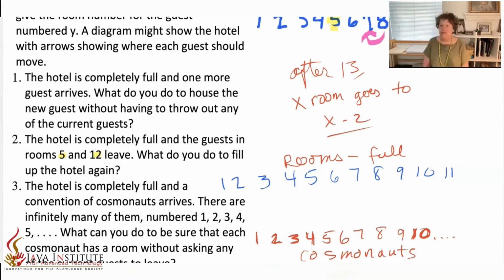Okay, somebody says just put them in there. There's infinitely many rooms. But that's not good enough. And the reason I say it's not good enough is because the cosmonaut is going to say, well, I need a key. Which room do I get? And the people that are already there, they're saying, look, I was here already. I need a room. Okay, somebody is saying we can shift the whole set of guests until we get enough space. That is exactly what we want to do. But the question I have